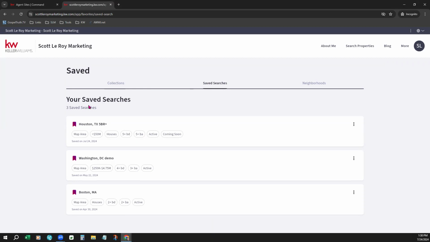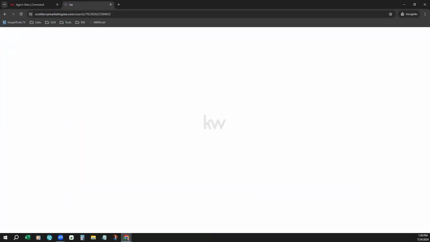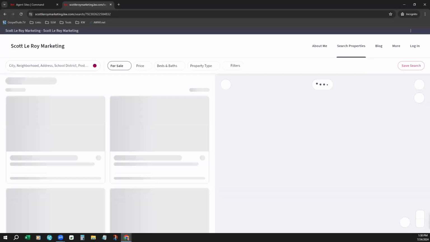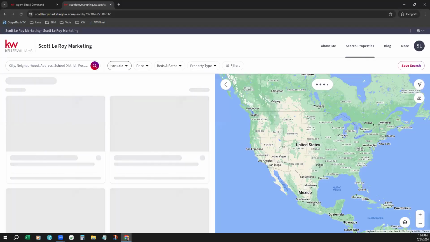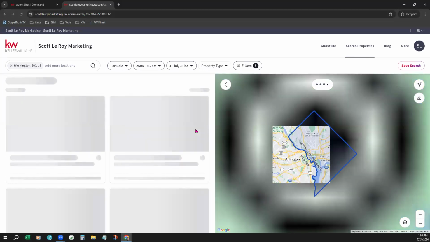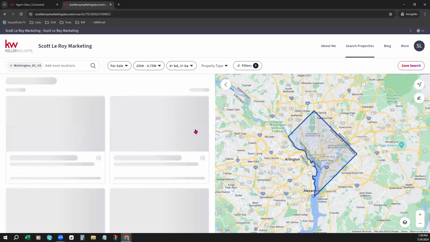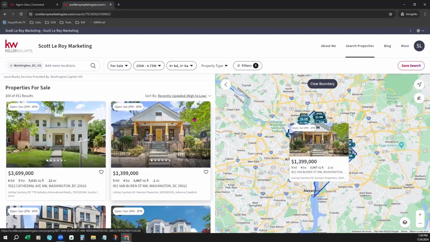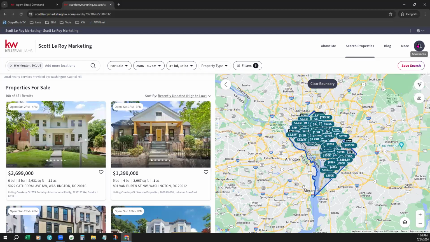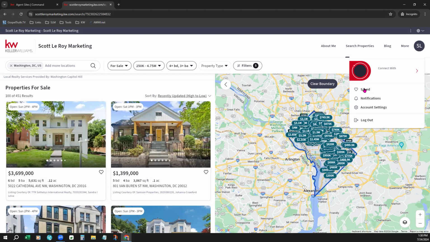So your saved searches will populate right here. Any previously created saved search will also appear here. And the consumer can just come anytime, click on saved searches, and just jump right in to one of those saved searches that they've created. It's just populating those search results. There we go. All right, I'm going to jump back into the saved search we actually just created,